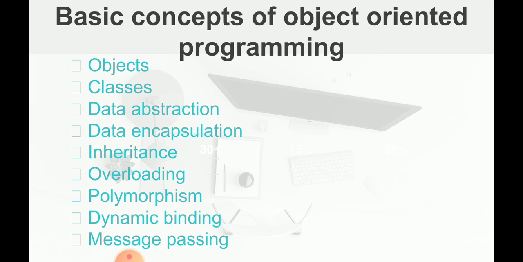So some of the object oriented programming languages are C++, which you are studying already, Java, C#, Smalltalk, Perl and Python. So we'll see the concepts, that is some characteristics of object oriented programming, or the concepts we deal with in this chapter, that is objects, classes, data abstraction, data encapsulation, inheritance, overloading, polymorphism, dynamic binding, message passing. About all these concepts we had already discussed once, and we will see this in detail today.